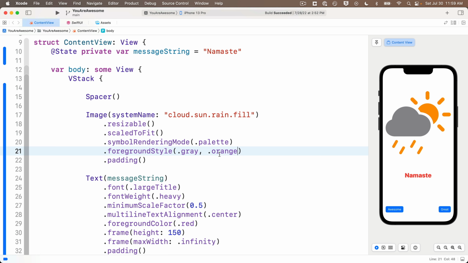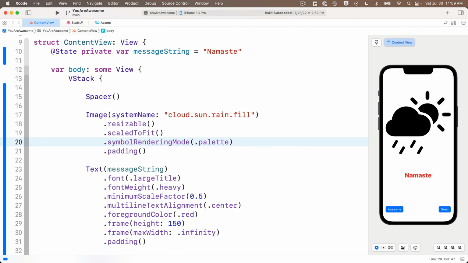And I wonder if the rain shows up as the third color. Let's try this. I'm going to enter a comma in the third color. Why don't we make that .blue? And oh, look at that! Cartoonish, but the colors look closer to nature. So there's a lot of flexibility in adding color when using the palette symbol rendering mode. Nice! So I'm going to delete the foreground style, and then let's head back over to the SF Symbols app,